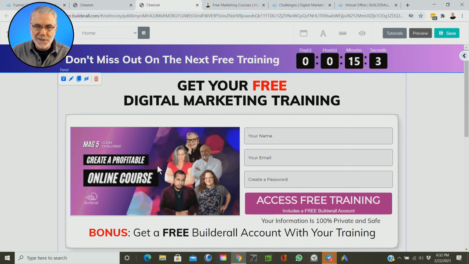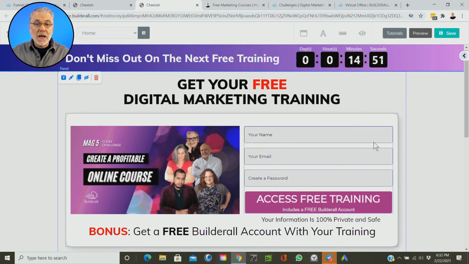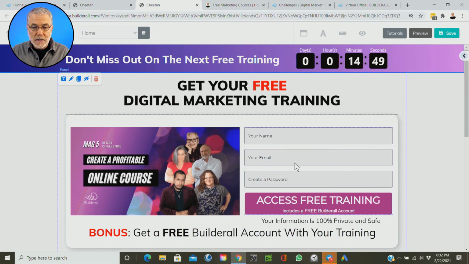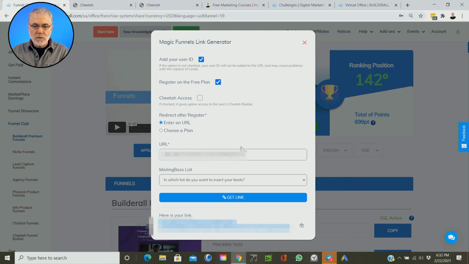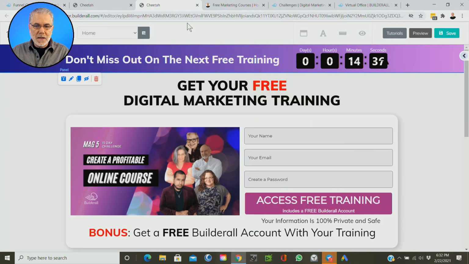If somebody decides to click on a picture, they're going to get a pop-up that has this identical form. So what we're going to have to do, because I had done this earlier, and this is a different link, I'm going to have to go edit my pop-up with that long link we just copied right here, down here. Okay, so let's do that. So we already saved this. This is good to go. We can exit out of here,